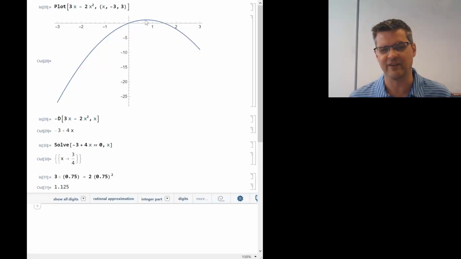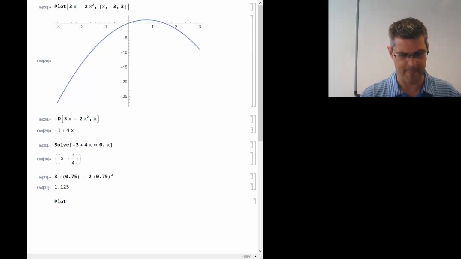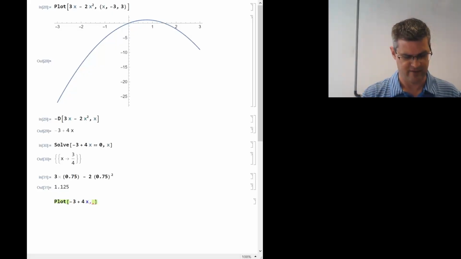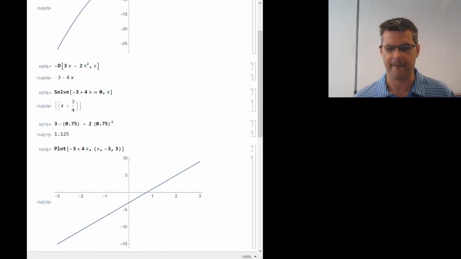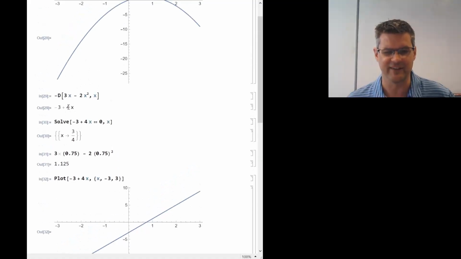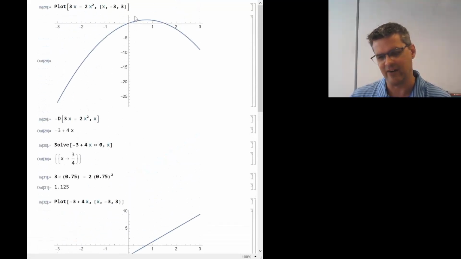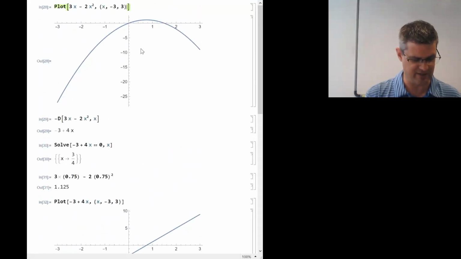If we wanted to find out slope as a function of position, we could do that too. So what we were doing here is we actually found out what the force as a function of position was. Let's plot that. I'm going to take this thing here. This was the force. It included the minus sign and everything. So let's see what it looks like over the same range, -3 to 3. Huh. Well, yeah, this is linear. It has a slope of 4, intercept of -3. That's exactly what we see. This is linear behavior. And now comparing this curve up here, which is energy,